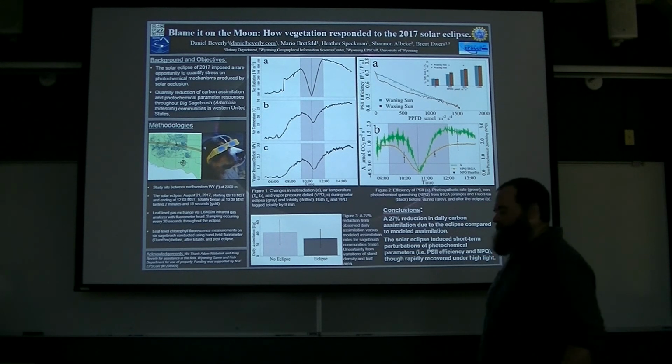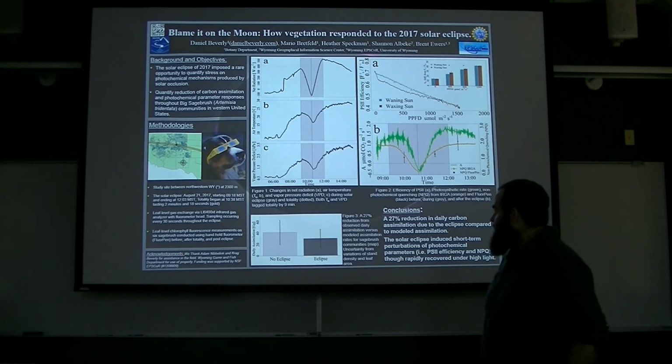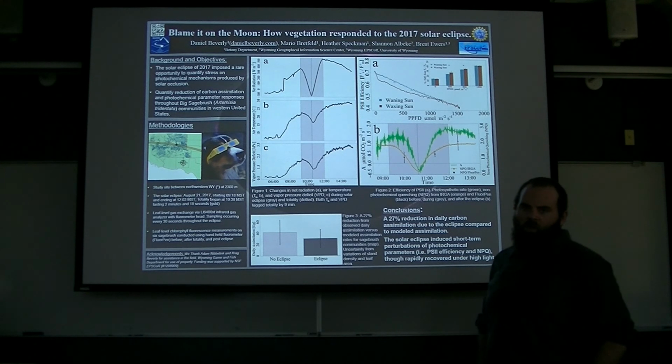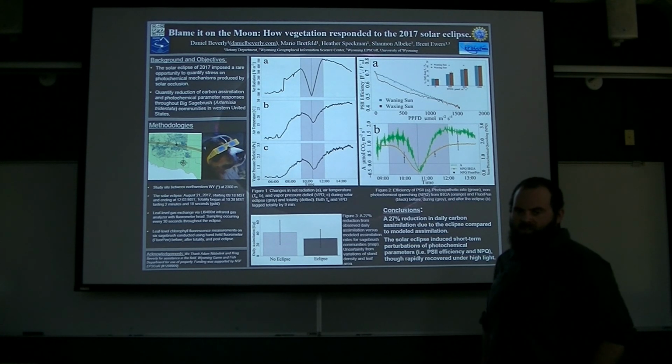solar eclipse. So we have figure 1, the 3-paneled figure in the middle, and we have panel A with net radiation on the y-axis and time on August 21st, 2017 on the x-axis. The gray bands denote the partial eclipse, and the dotted lines denote totality. As we entered into the partial eclipse, you see a reduction in net radiation, or shortwave radiation, until we hit totality, where we hit our minimum with 0 incoming radiation, and then we recover as